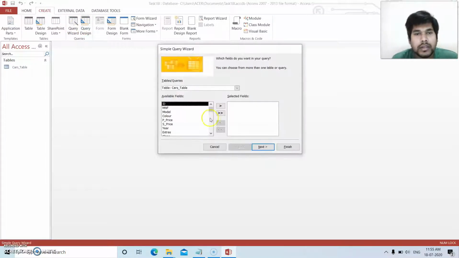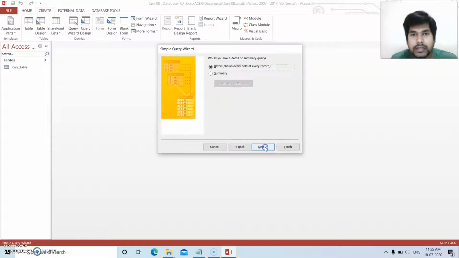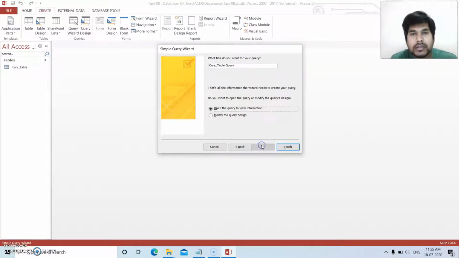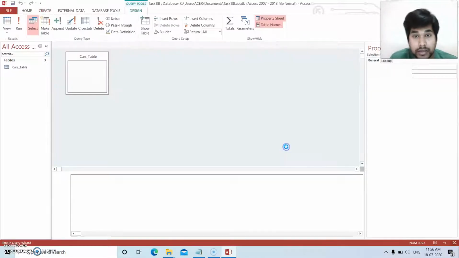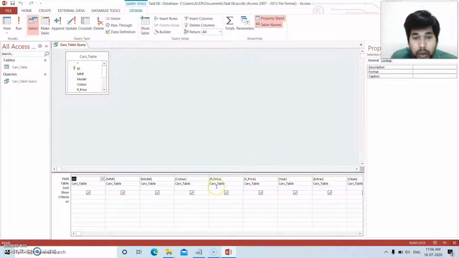Okay. Select the table, select all the columns. Next, next. Put the query name. If you want, you can take the question name itself to understand. Click on modify the query design. Click on finish. Right, now let me again see the query.